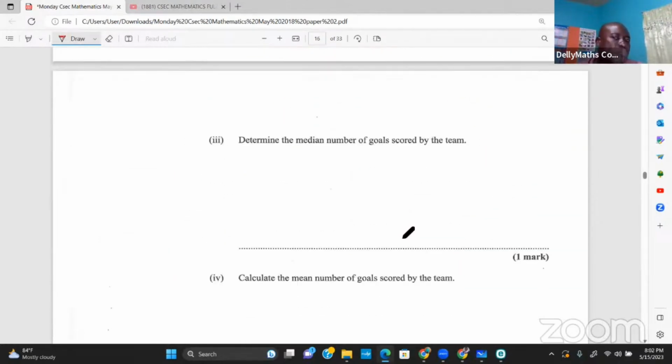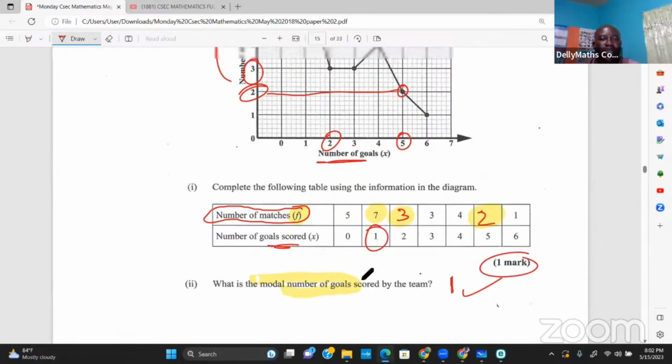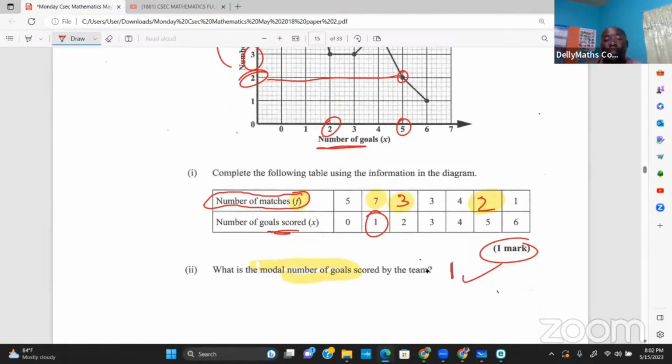Determine the median number of goals scored. Remember, we learned how to determine the median already. Find the position of the median. It's 25 matches we were told, so you don't need to add up to get 25. Now we want to locate the position of the median by saying 25 plus 1 over 2. That's about 13. It's going to help us get a number that can help us to locate where the